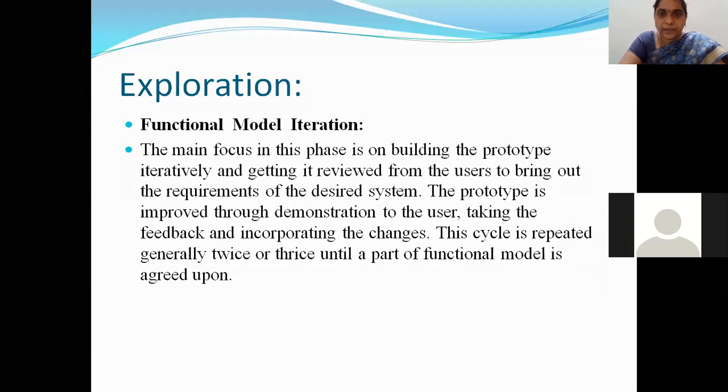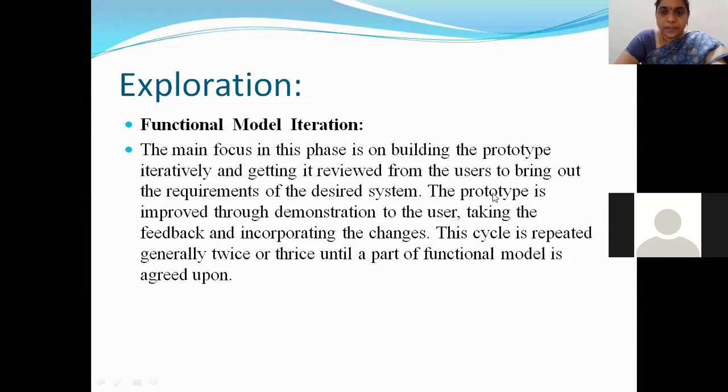If the client is satisfied with that prototype, then you start developing it. And if the client says not this, I want some other new thing to be included, then you start including the changes in the prototype, right? So it is like a rough model, a plan, as we call it for a civil engineer. Before going into the actual construction on site, we prepare a plan, right? And seeing that plan, we'll make the changes if necessary in the plan itself. So here the prototype is nothing but a model or a plan which you prepared. You show that plan to the user and take his willingness, right?